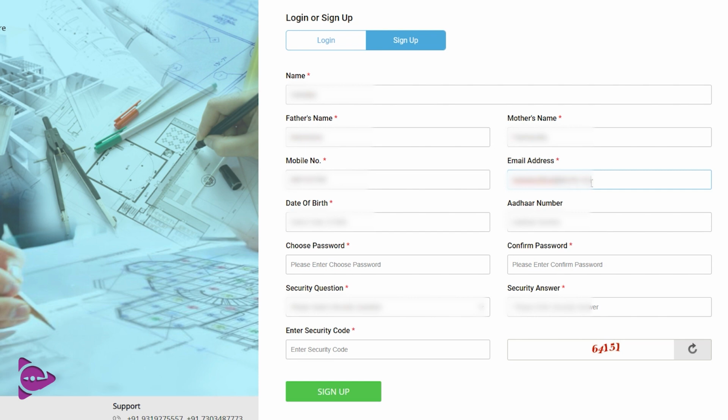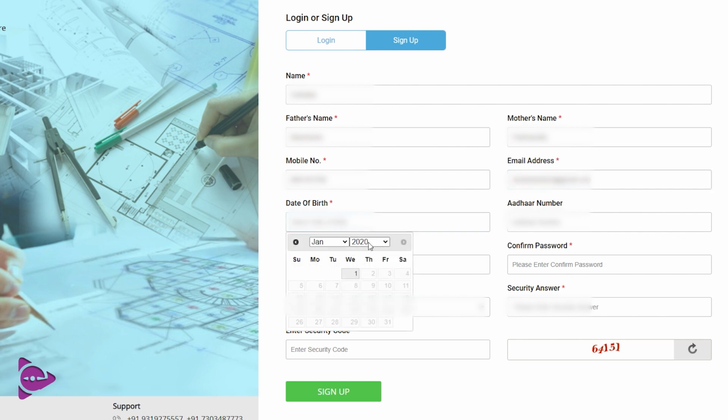Since the Council of Architecture has been bringing a lot of changes into the examination, you can expect some more changes in the future. Those changes and the examination reminders, everything you will be receiving via this phone number and also through your mail address. So make sure you are using a correct email address and phone number for this application.